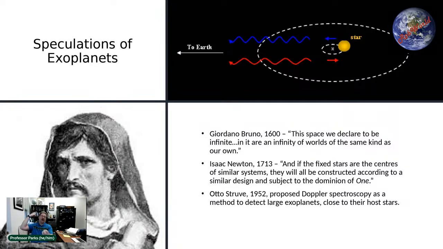While gravity attracts the planet to the star, gravity also attracts the sun to the planet. And so it causes both of those objects to move commensurately. Obviously, the sun is larger. In this case, the star is larger, so its motion is smaller than the planet. So with Struve's method, or Doppler spectroscopy, or the radial velocity method, we're not looking at the planet. We're looking at the sun, or we're looking at the star. We're looking at the light from that star, and from it, we can infer the presence of the planet.